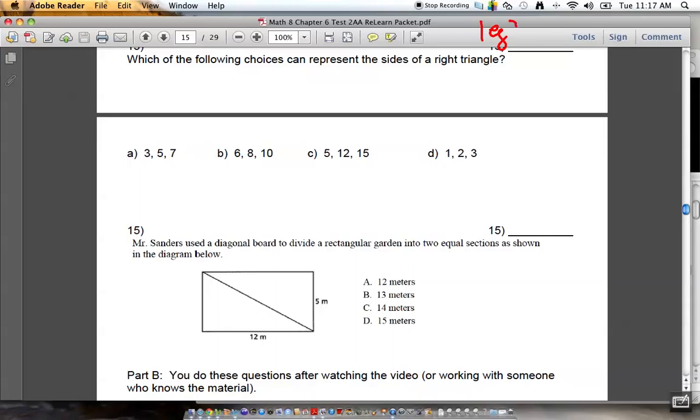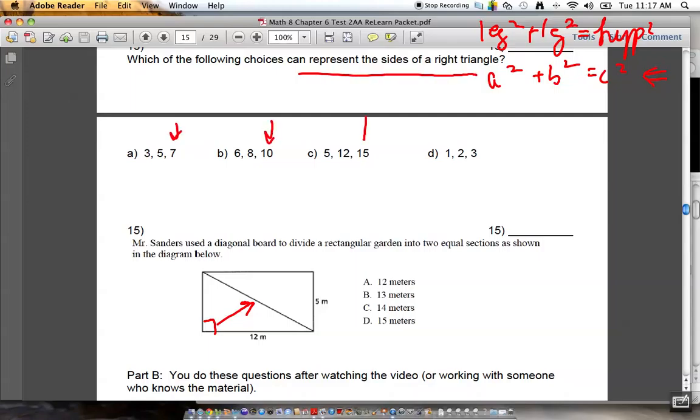The Pythagorean theorem says leg squared plus leg squared is equal to hypotenuse squared. Now, a lot of your books will tell you a squared plus b squared is c squared. The thing is, if you're going to look at it that way, you have to remember that the hypotenuse is always going to be across from the right angle. Now, what's going to be the longest side? A leg or the hypotenuse? The hypotenuse. So, when I look at these four choices, when it says which can represent the sides of a right triangle, the biggest number on every list